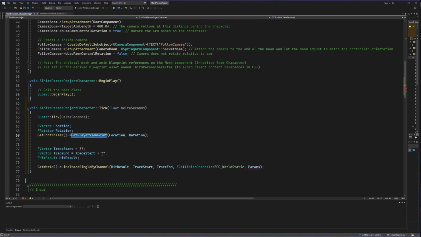So now that we're going to be able to have our player's viewpoint, we're going to use the trace start, and we're going to make that equal to the location of our player's viewpoint. And then our trace end is going to be a little more complicated. We just basically want to draw a straight line,